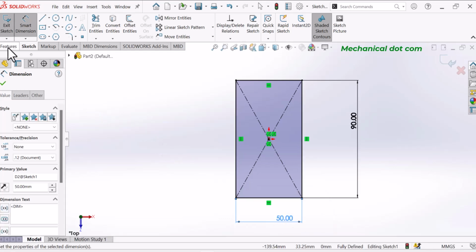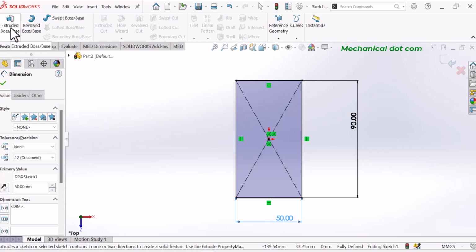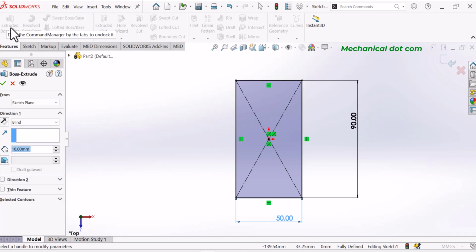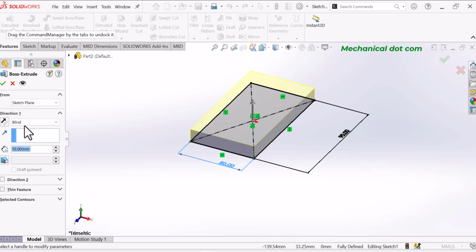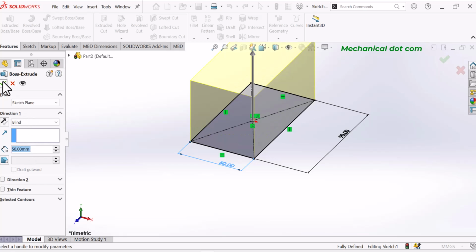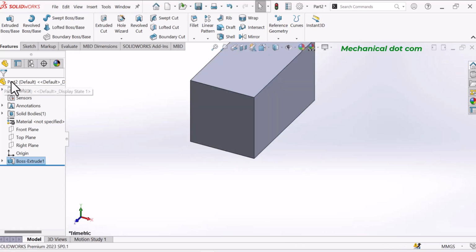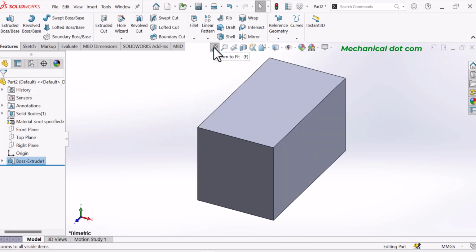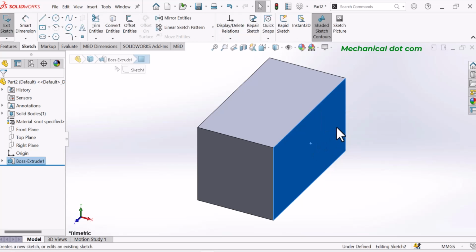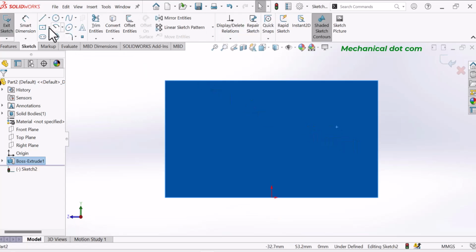Now go to Features, select here Extruded Boss Base, select here Blind and type here 50 mm. Click OK. Now select this face and sketch. Now draw a corner rectangle,